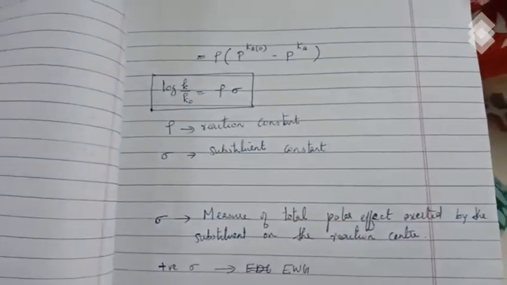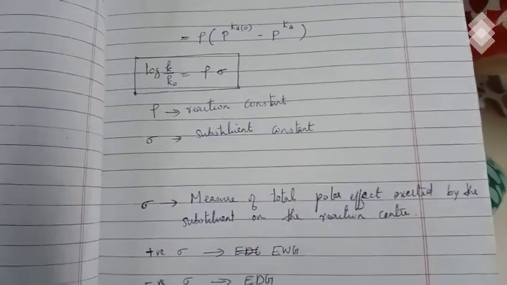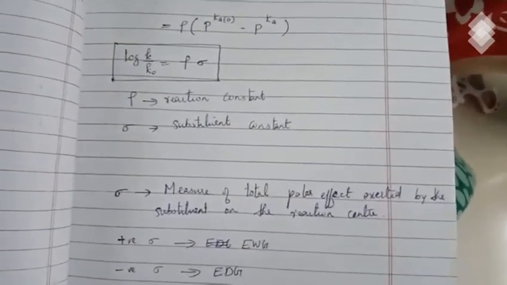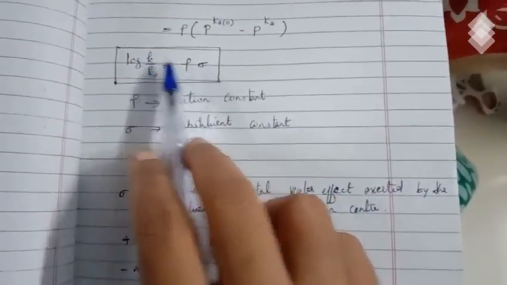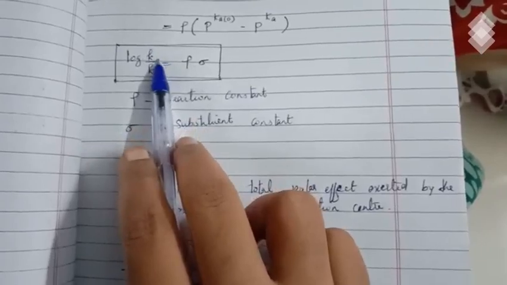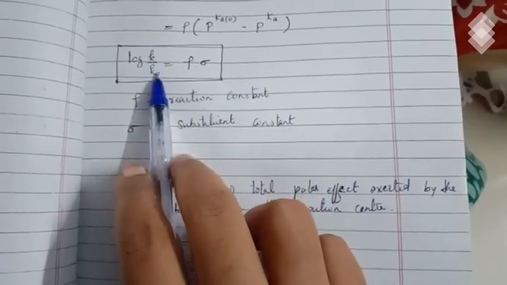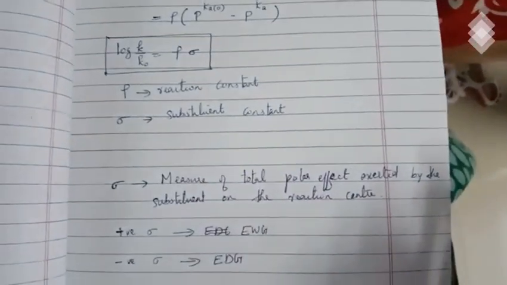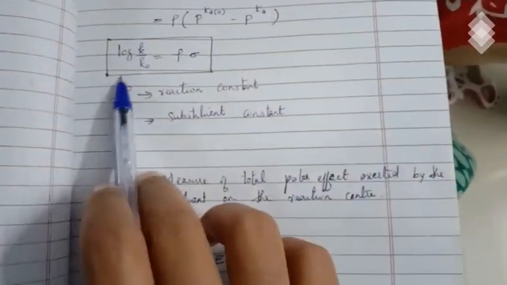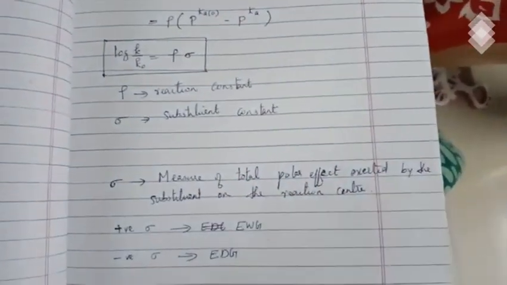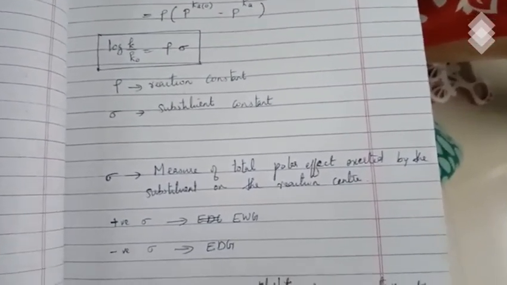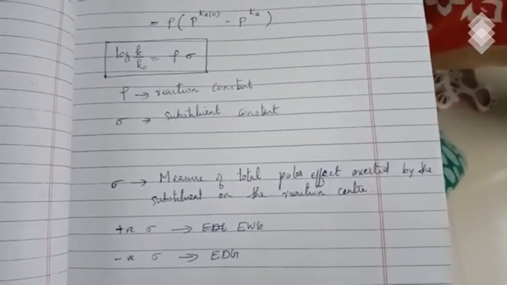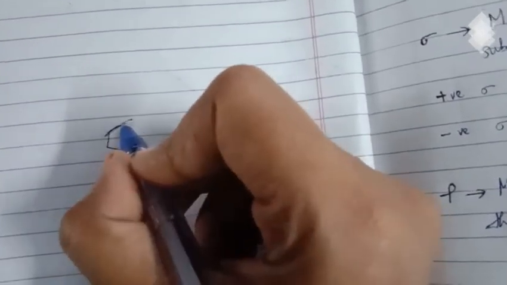Suppose there is a nitro group at the meta position. Then for that nitro group there will be a sigma value. We will study the rate of the reaction with the nitro group at the meta position, and we can get an equation like this. For each substituent we will get a relation like this. For ortho substituents there will be no linear free energy relation. The graph won't be a line, because in the case of ortho substituents, I will show that.